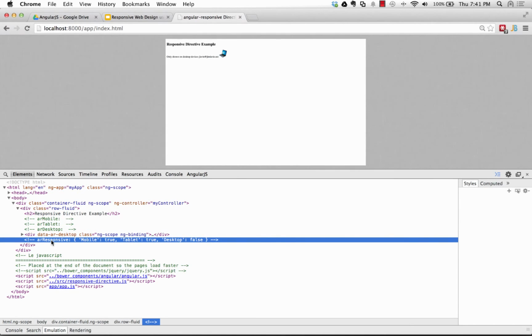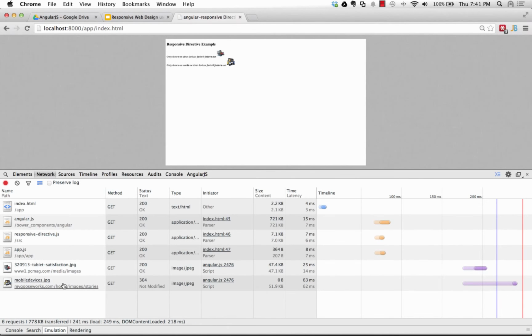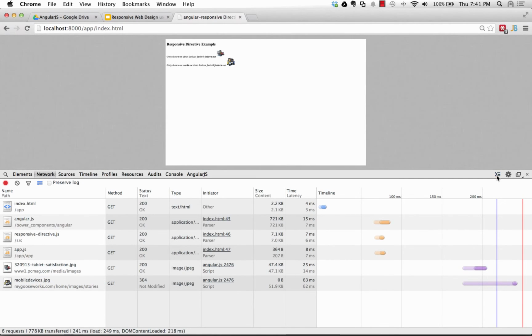Because we transcluded it, until we actually update the DOM for that transcluded piece of code, it just puts a marker in there for where your directive was. So in this case, nothing's going to come down. We're only going to pull down the stuff for the desktop. And if we go over here and look at the network, and let me refresh this again, you'll notice that we pulled down 2 images here. Now if we go back and I change this back to desktop,